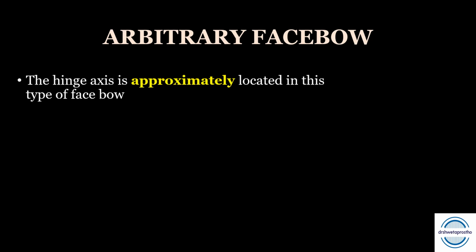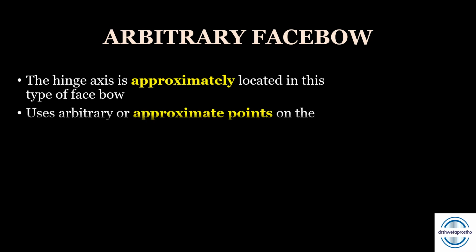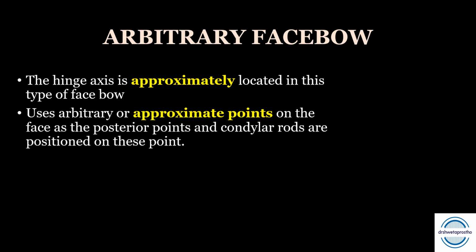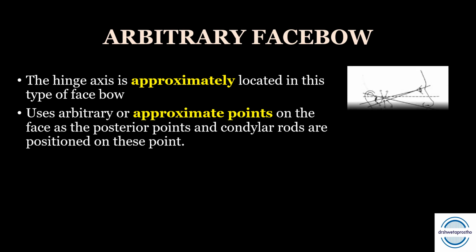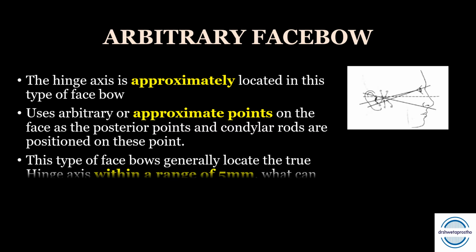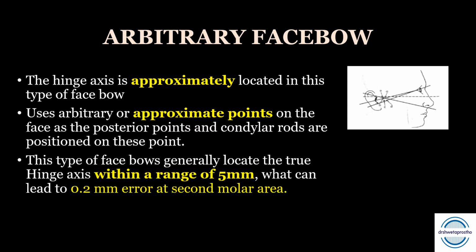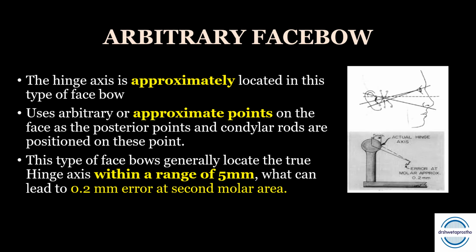First is the arbitrary facebow. The hinge axis is approximately located in this type of facebow. It uses arbitrary or approximate points suggested by different authors. We take those points as the posterior reference points and place the condylar rods on these points. Now, this type of facebow generally locates the true hinge axis within a range of 5 mm. It is not accurate, and because of this range, it can lead to 0.2 mm error at the second molar